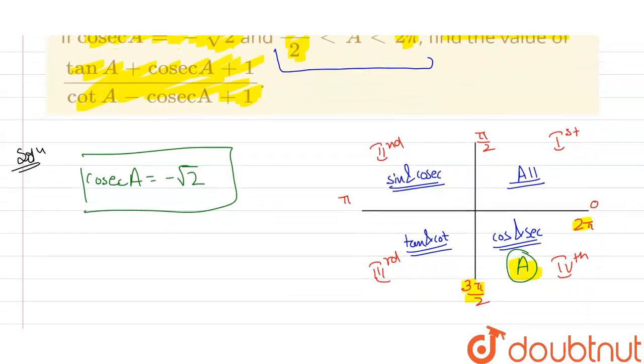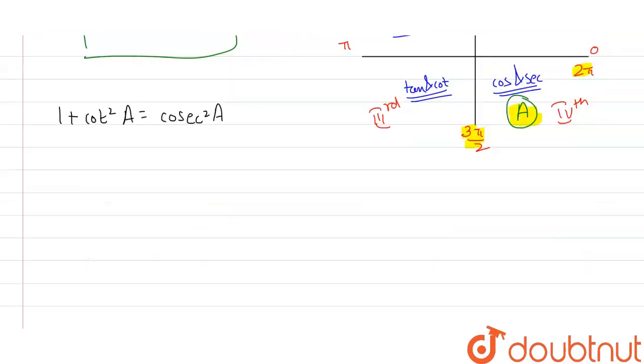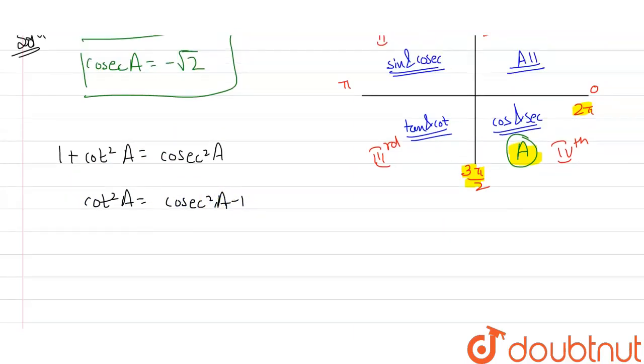Now I have to find the values of tan A and cot A first to solve this expression. We know the identity 1 plus cot square A equals cosec square A. From this identity I can easily find the value of cot A. So cot square A equals cosec square A minus 1. We know that cosec A is minus root 2, so this will become